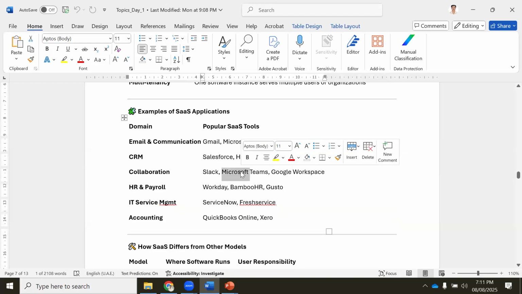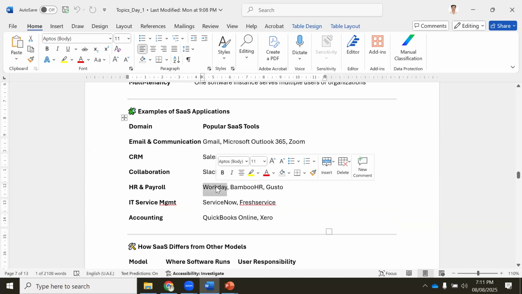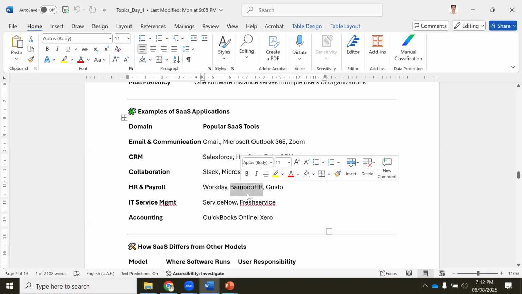Collaboration is nothing but conducting meetings, correct? So suppose through Teams, we will chat and conduct meetings, all those things. Google Workspace, okay. HR and payroll systems: Workday is a powerful tool. Maybe there is a question, how do you integrate ServiceNow with Workday? You should be able to answer after this training completes, after 40 days of our training, correct?